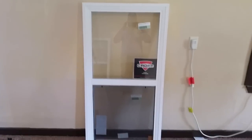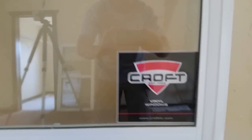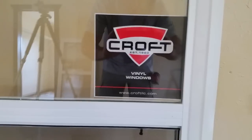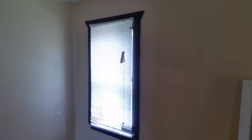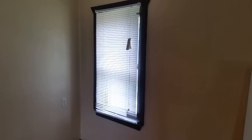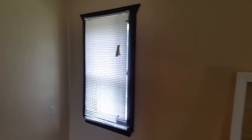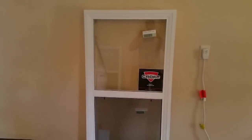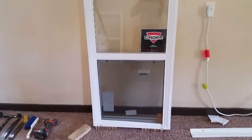This is the window that I'm getting ready to put in. This is a Croft brand vinyl window. I'm working on an older house. I don't know what year this house is, but the windows that are in it are all wood sash, and they've definitely got some age on them. So anyway, I'm going to walk you through the steps of removing the old window and putting in the new